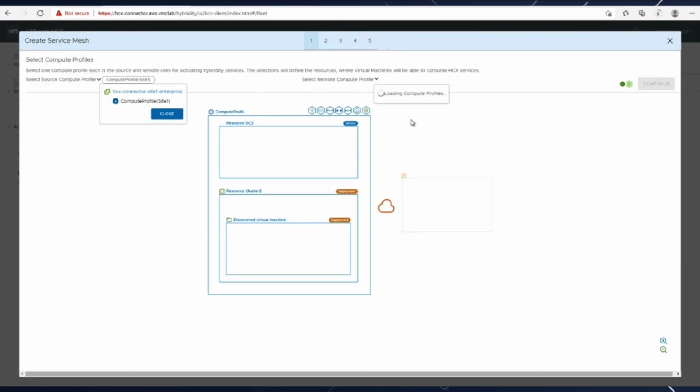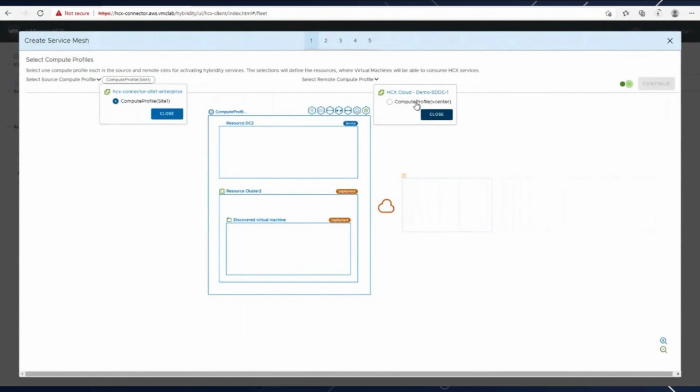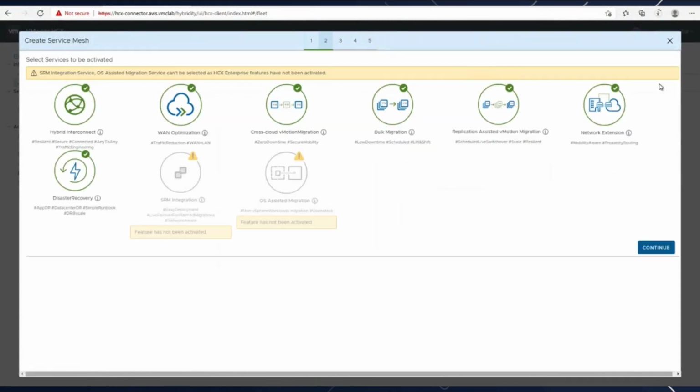of my service mesh. Now we are at the point where we are defining this service mesh, and that is then going to go ahead and deploy the ACX interconnect appliance and the WAN optimization appliance, as well as the network extension appliances. So I select the compute profiles on both sides, click continue,